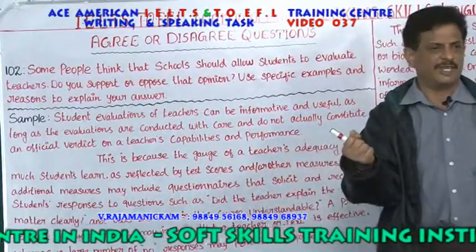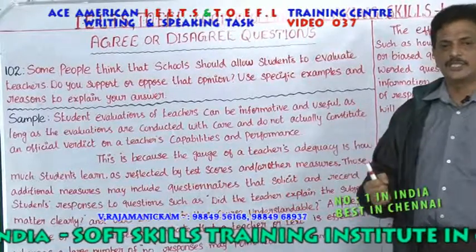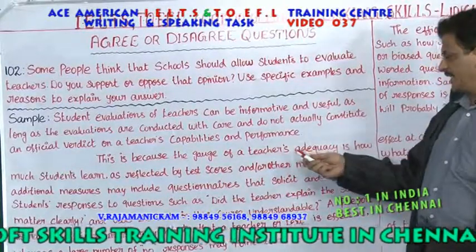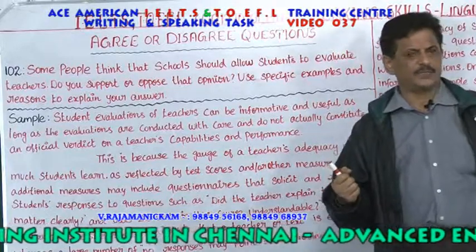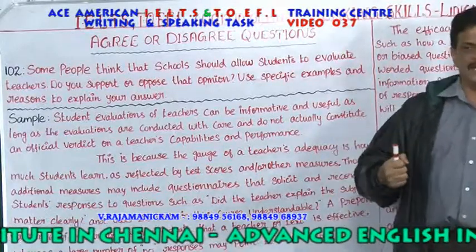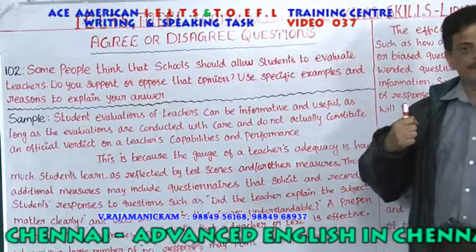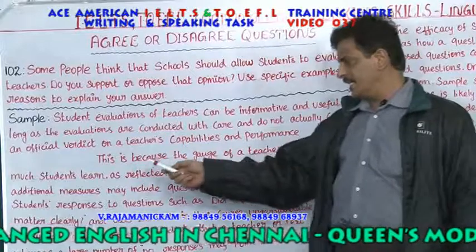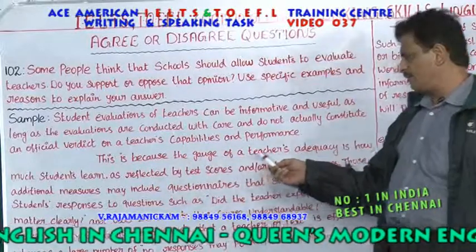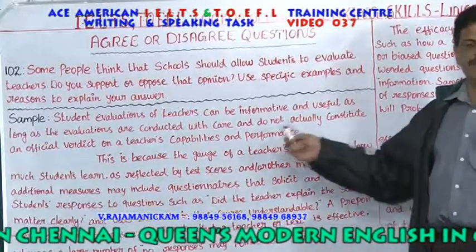So, with that the writer starts, this is because of the gauge. Gauge means evaluating, checking. The gauge of a teacher's adequacy. Adequacy means what? The ability. Adequacy is capabilities, academic abilities. Adequacy is how much students learn. This is because the gauge of a teacher's adequacy, the capability of a teacher's